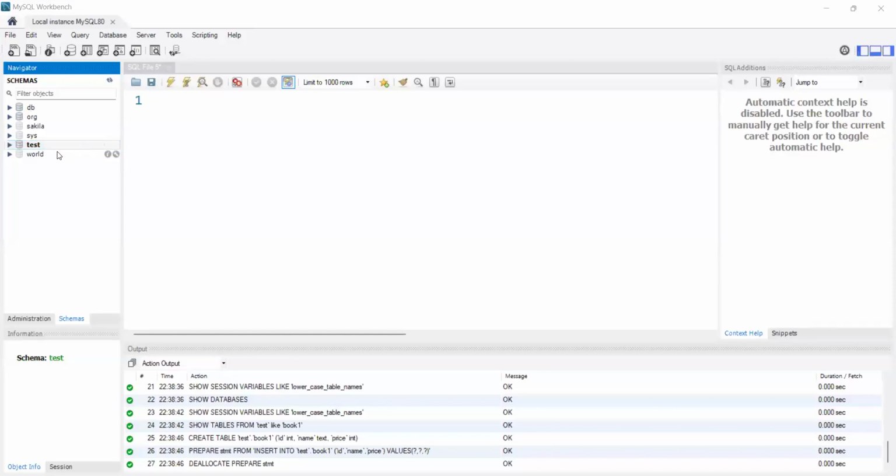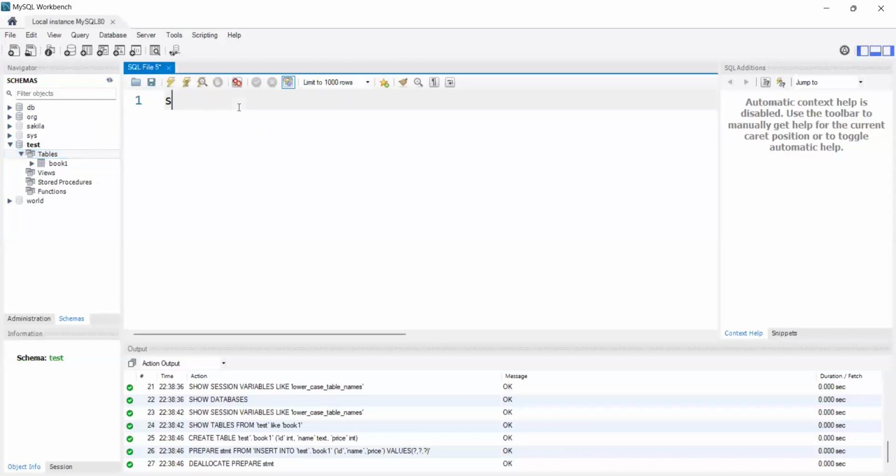In my test database, right? So inside this database, if I refresh it, can you see that this book one table is here? I can simply write here select star from the name of my file, which was book one. So if I'll execute it,